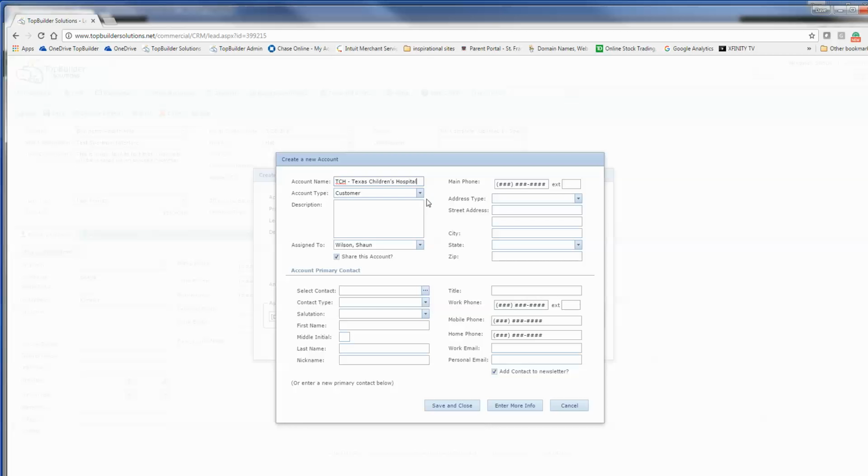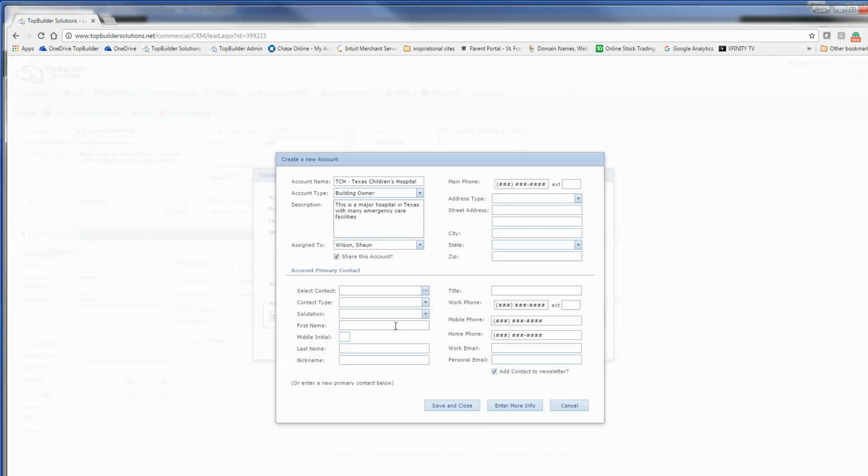Okay? And we can categorize them any way we want. This could be a general contractor, but in this case, they're the owner of the property, and they're hiring you to come in and do it. So this is a major hospital in Texas with many emergency care